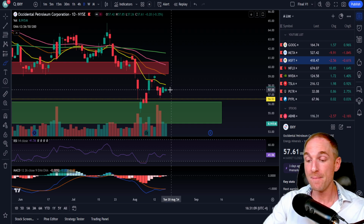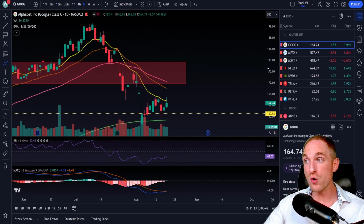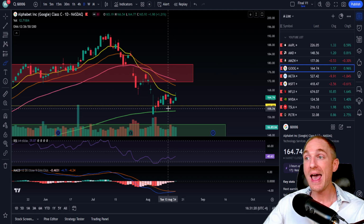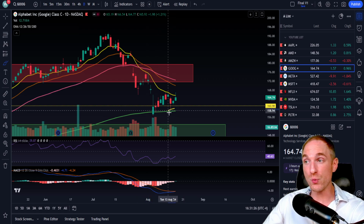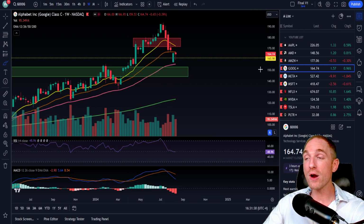Hopefully that makes sense. Now, stock number 2 is going to be a very good one. This is going to be Google. So Google, contrary to a lot of its other peers in the big tech sector, has not bounced as much as the rest and is still fairly close to the lower end of the support range that was established after the Black Monday sell-off. This green line right here is also the 200-day moving average,